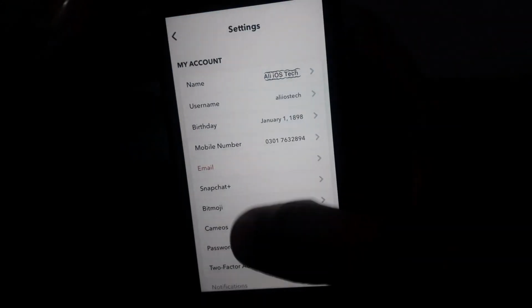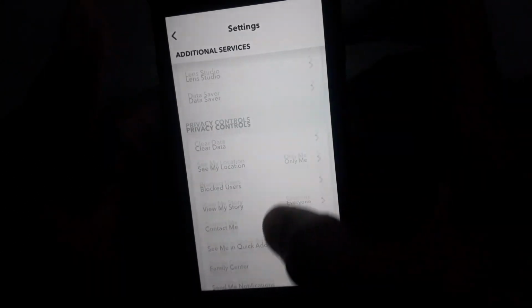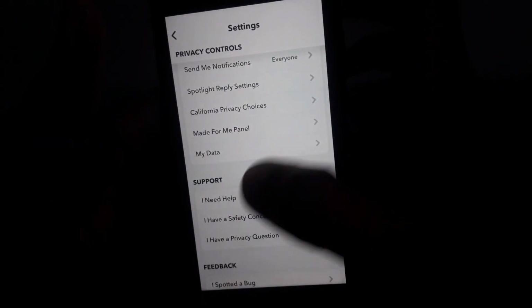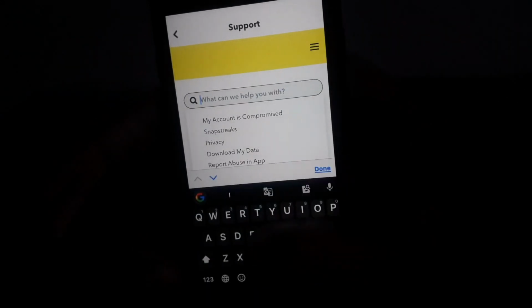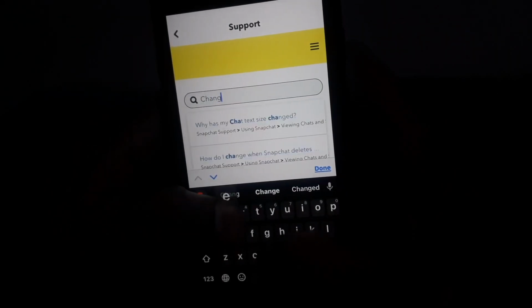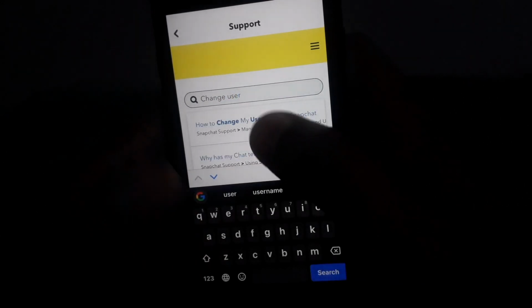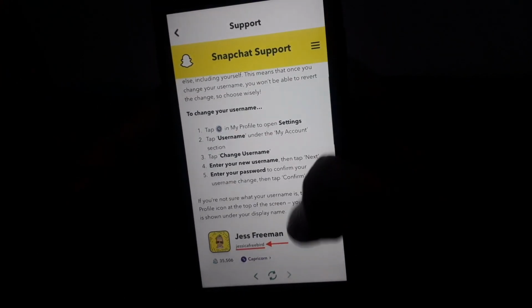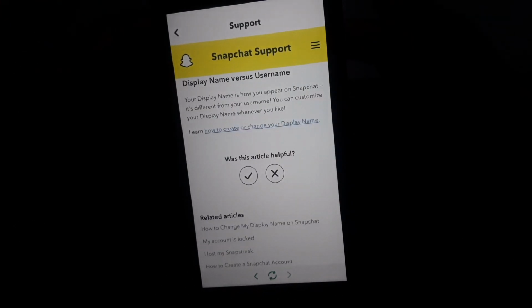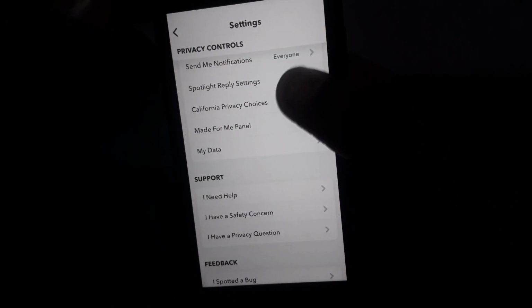For this, you have to click on settings again, scroll down, and look for I need help. You have to click on that. If you click on I need help, then Snapchat support will open, and if you search for change username here, then they will tell you how you can change your username. So here, if you click on how to change my username, they will tell you the method. Because we have already tried this method,